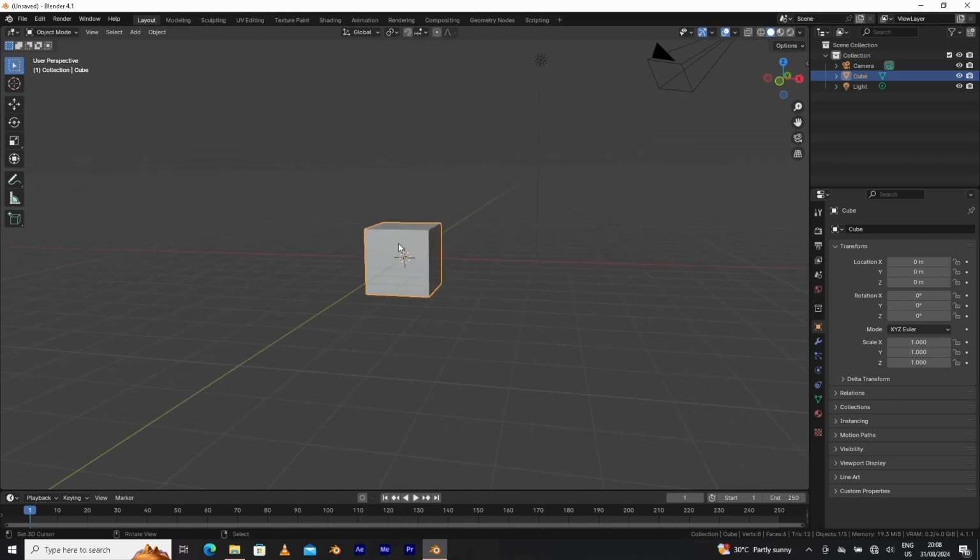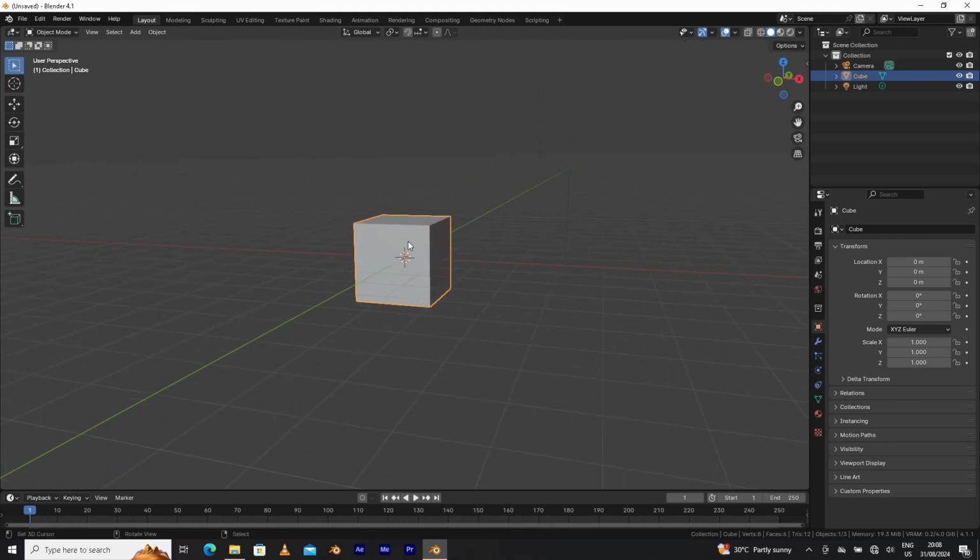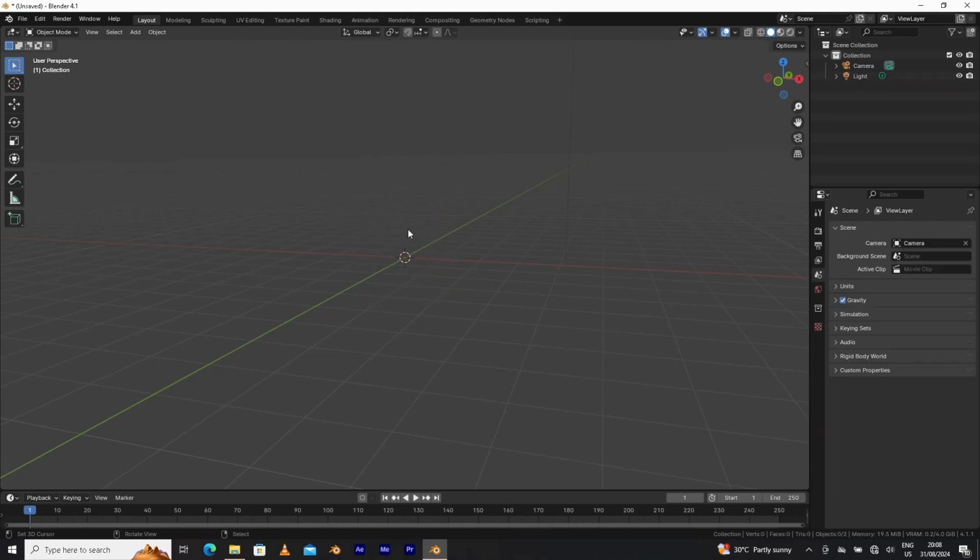So we need to model a bottle, okay, a plastic bottle, something simple like that. So it means that we're going to delete this default cube, okay. So click on X on your keyboard, and you see delete pops up, and you press delete, click on delete, it disappears. Good. Then for you to model a water bottle, we need to have a reference image of the water bottle